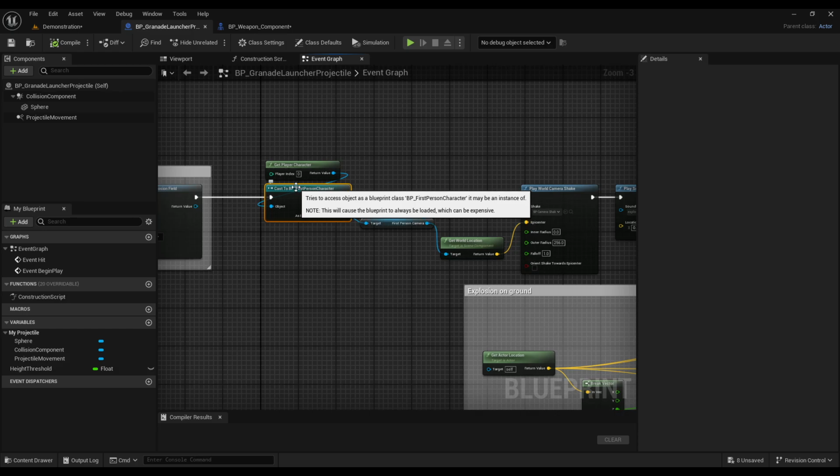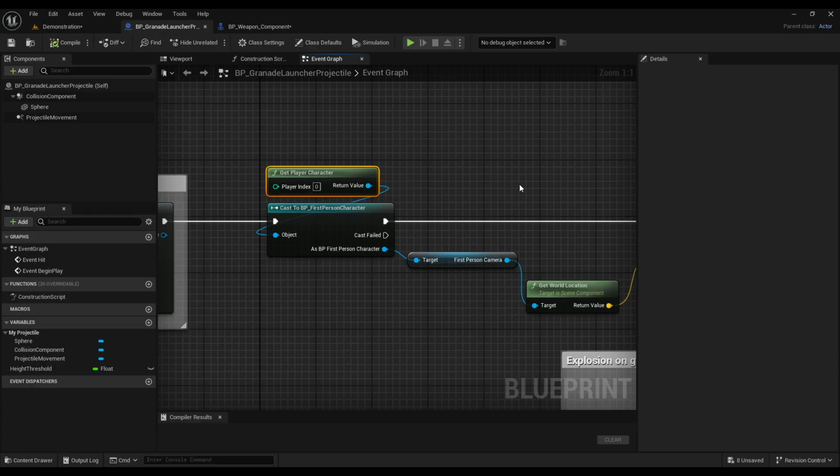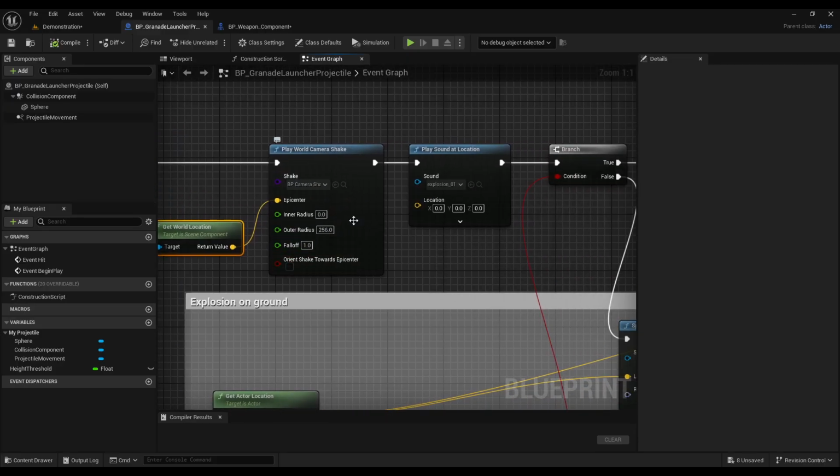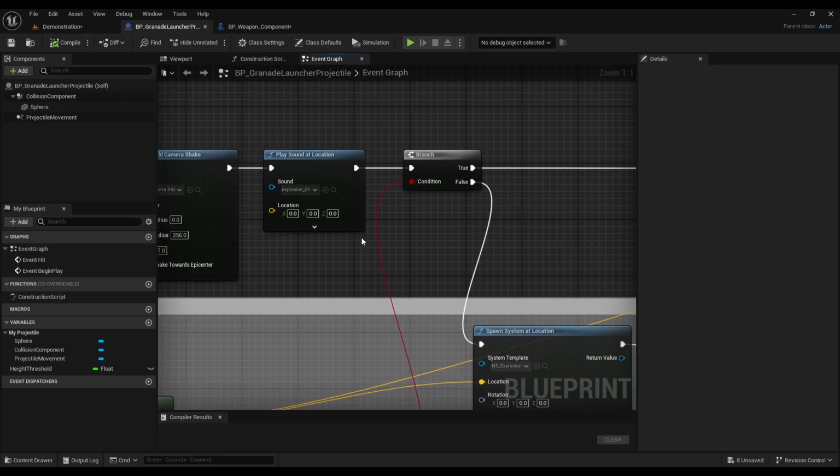For the object reference we will use get player character, and then we will use the world location as the epicenter, and that's where it will create the camera shake. And after the camera shake, we will use play sound at location, and then we'll use the explosion sound,